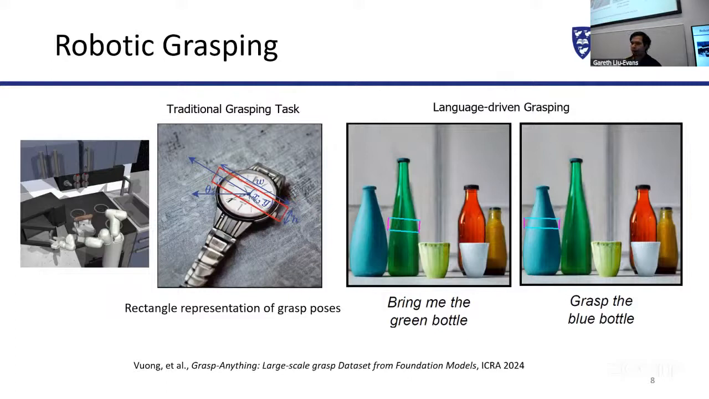So the question that we would like to address in our research is how we can deploy an efficient robotic grasping algorithm. The traditional robotic grasping task is defined as in this image. So you have an object, right? And usually